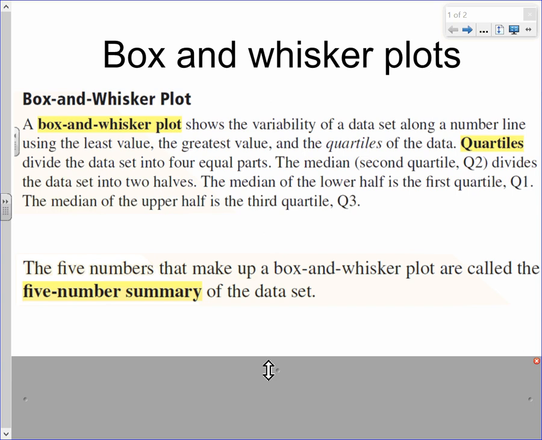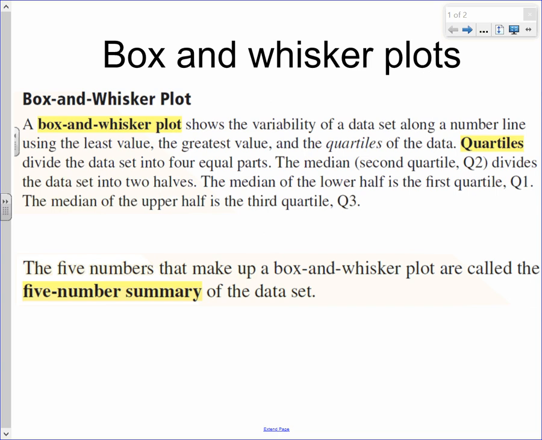And then the 5 numbers that make up a box and whisker plot are called the 5-number summary of the data set. So we're going to summarize using what we call a 5-number summary. Minimum, comma, quartile 1, comma,